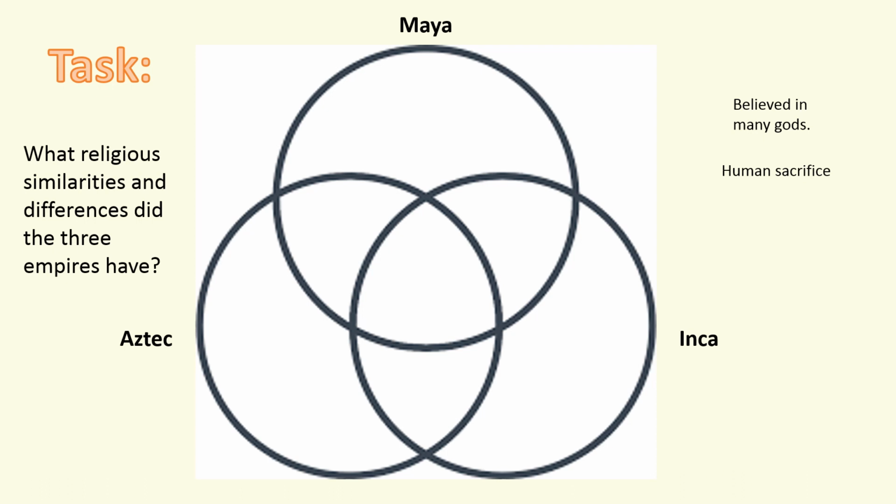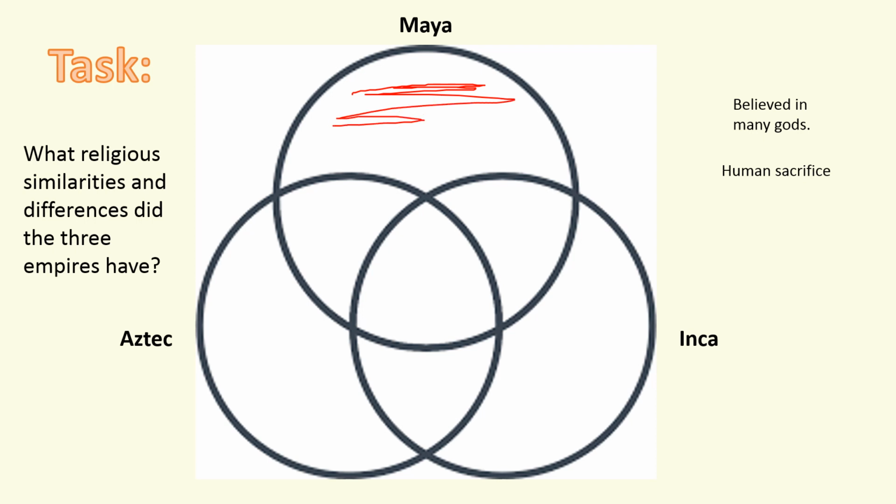As you've seen, this is a Venn diagram. So in our science lesson, we also use the Venn diagram. Over here we have Maya, Aztec, and the Inca. So now I want you to tell me what religious similarities and differences they had and place it correctly. So for example, over here, the Maya,